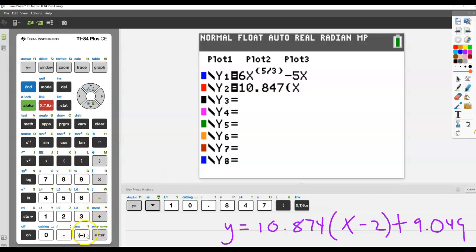This button down here is a negative button, and this button right here is a minus button. For us, the way we treat them is usually the same, but in a calculator, it will confuse your calculator. This is a negative, this is a minus. I want x minus 2. So make sure you push this button. If you got an error symbol at any time, that very often is the mistake that people are making. So we have x minus 2, close parentheses, and then plus